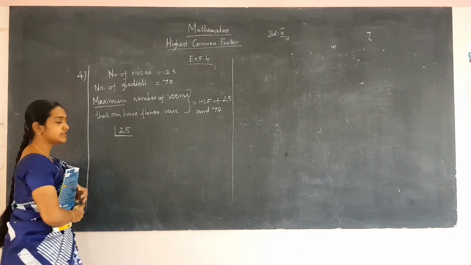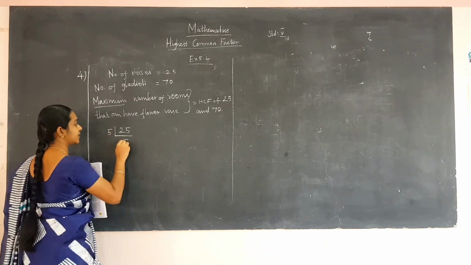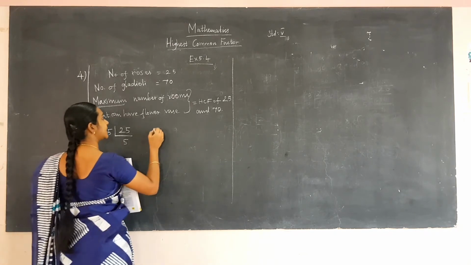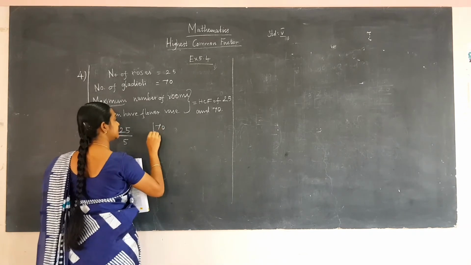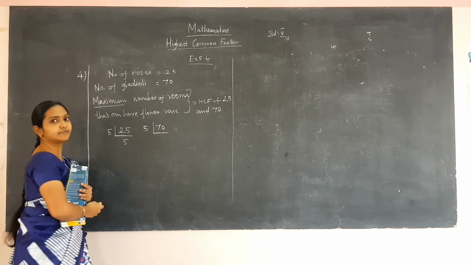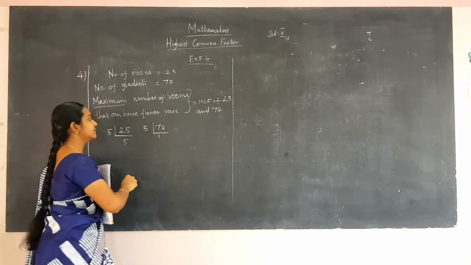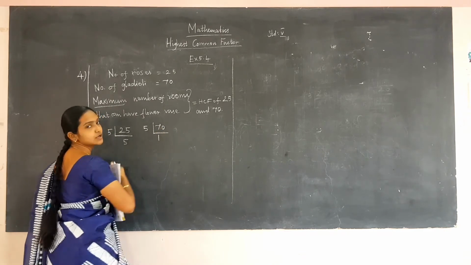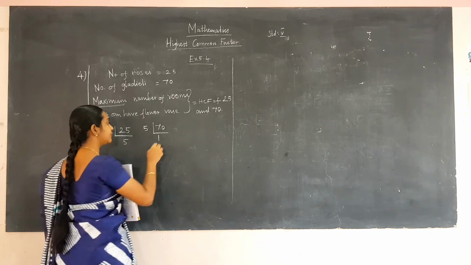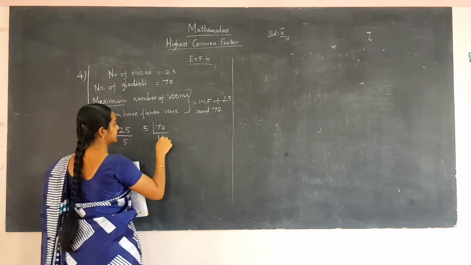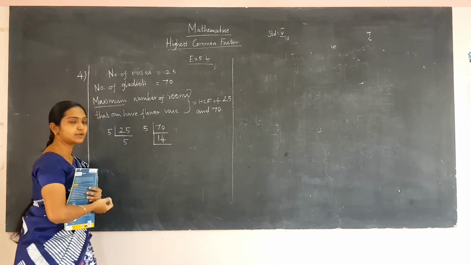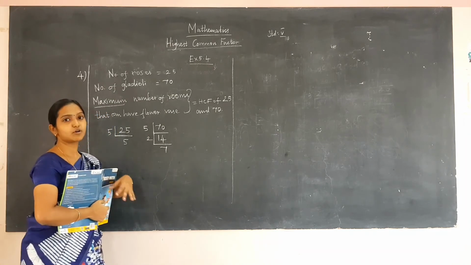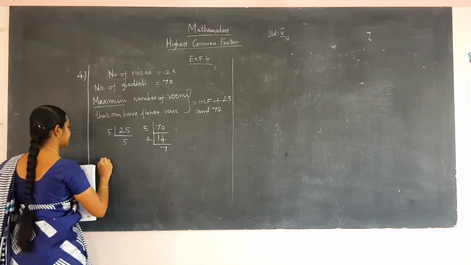Let us factorize it with number 5. 5 into 5 is 25. Let us stop with this because 5 itself is a prime number. Let us factorize 70 with number 5. 5 2s are 10, remaining we have 7 here. Factorize it with number 7... So the number is 14. 7 2s are 14. Let us stop with this because 7 itself is a prime number.